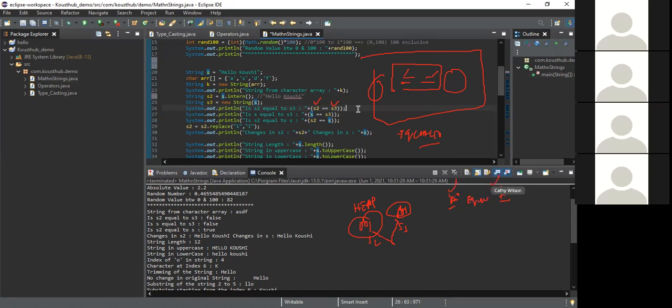But when you compare with this double equal to, it will not validate your value actually. It will go to this particular object memory location. In this memory, what is the value, and in that memory, what is the value? It will take those and then do the comparison. If you want to do it at the object level, this is the comparison you need to use. If it is just a string comparison you want to do, then you'll use the other comparison.